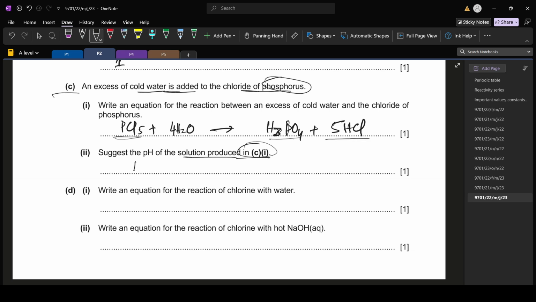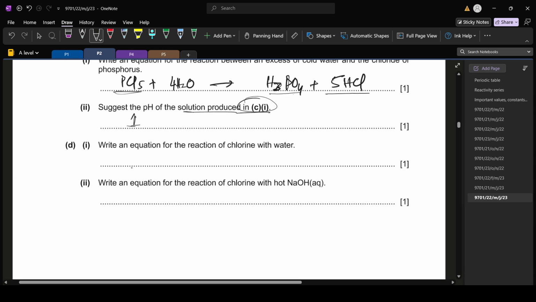So the pH will be 1 to 2. Okay, now part D. Write an equation for the reaction of chlorine with water. So when this chlorine reacts with water, it forms... actually, it's a reversible reaction. This is a real reversible reaction, and the HCl